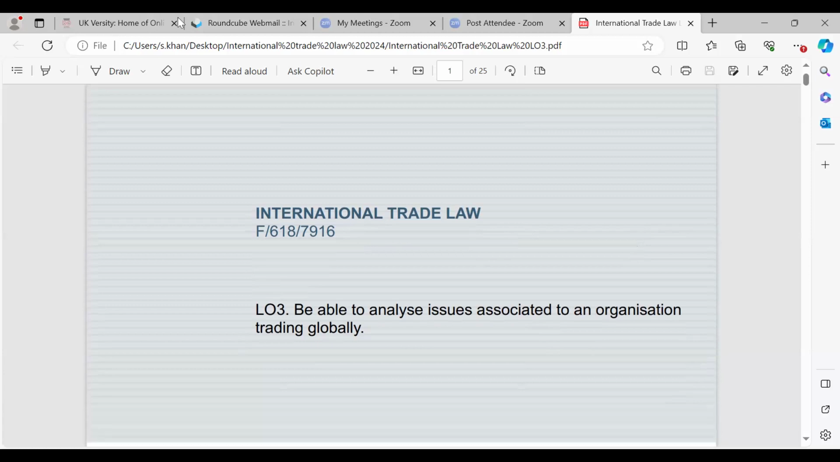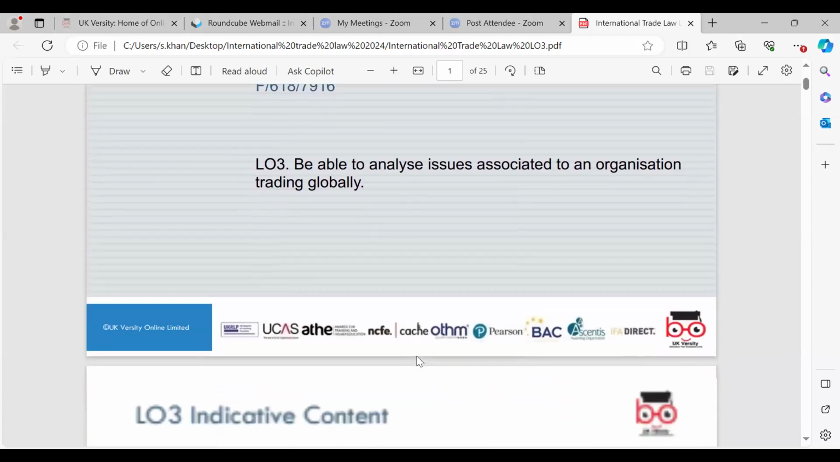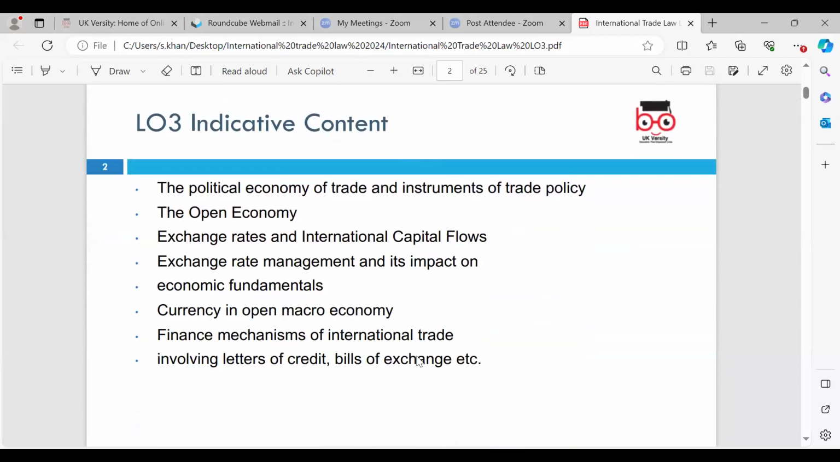So the one we're going to look at today is Learning Outcome 3, which is to be able to analyse issues associated to an organisation trading globally. The indicative content is the political economy of trade and instruments of trade policy. Again, looking at the open economy, the exchange rates and international capital flows, the exchange rate management and its impact on economic fundamentals, currency and open macroeconomy, and financing mechanism of trade, international trade, involving letters of credit, bills of